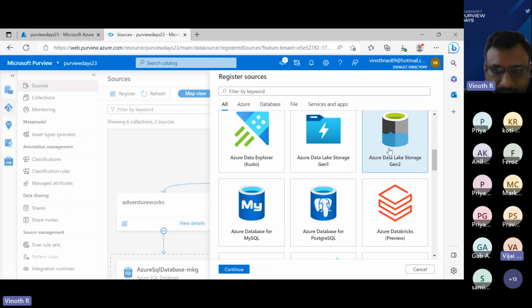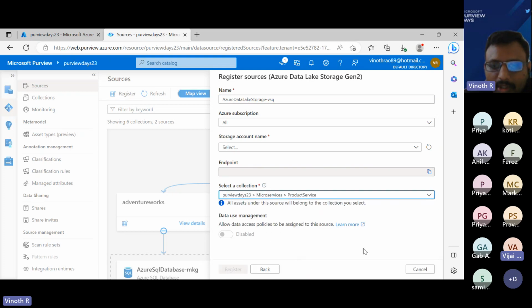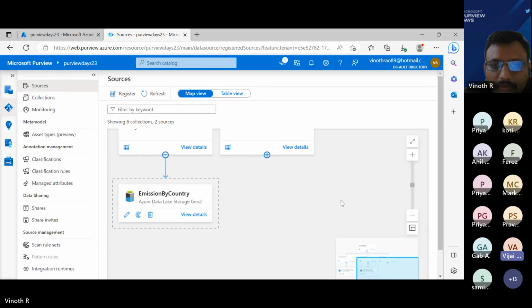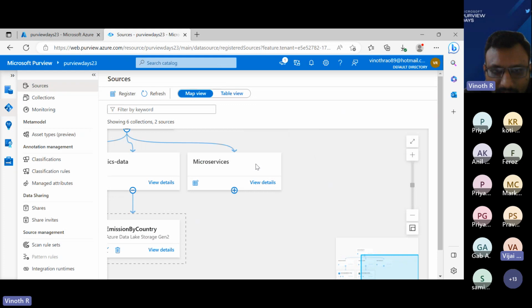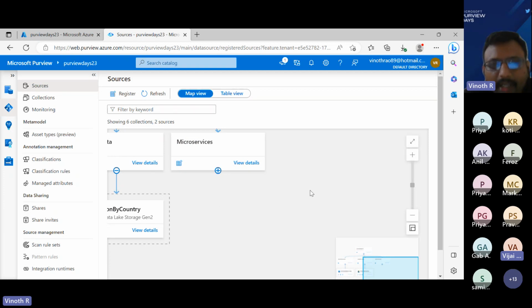What I can do is go to Azure Data Lake Storage and map it to the product service. In this way, we'll have a unified view of the microservices. Let's say this is an e-commerce microservice. If I see this microservice, I'll have a unified view of what services we have,